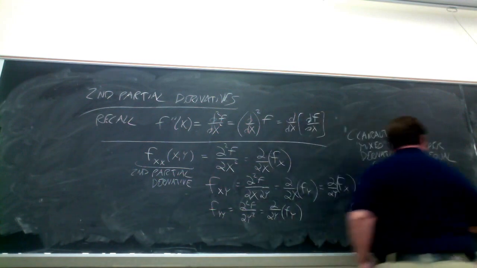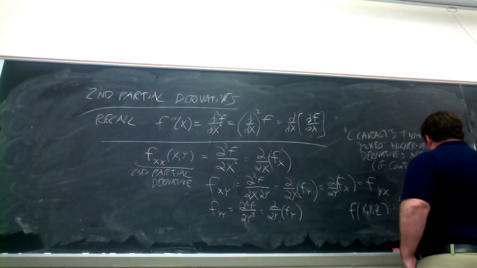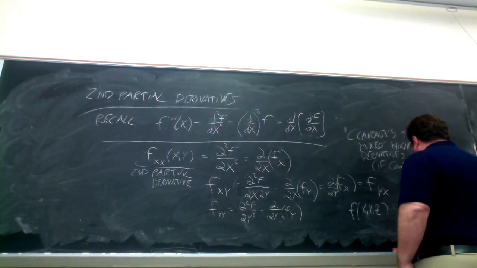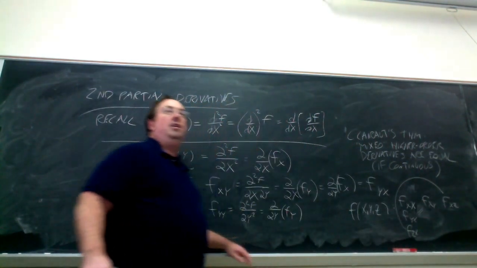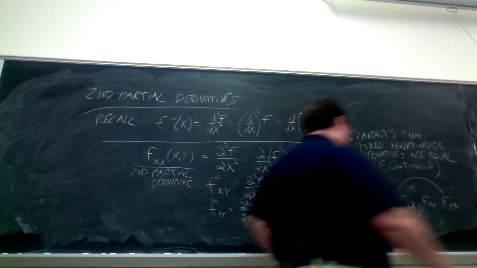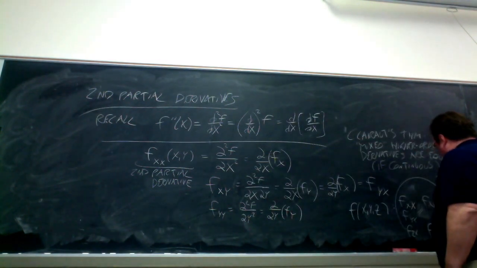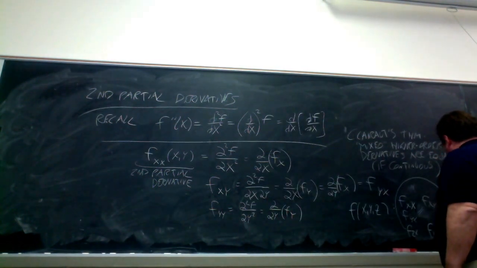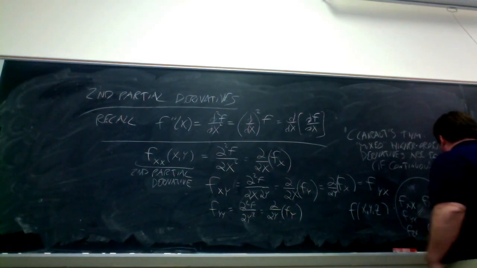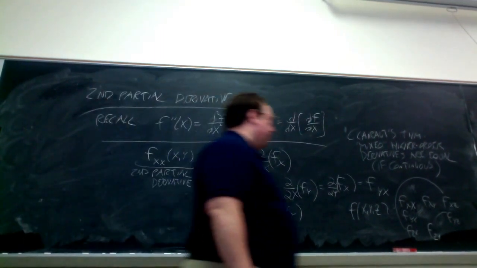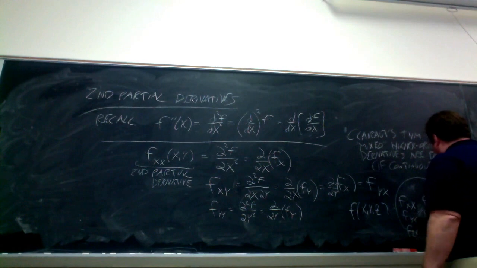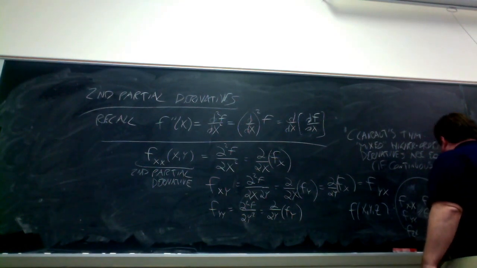Yeah, so I have fxz, and then fzx, so these two are equal. fyz, which is the same as fzy down here, so these two are equal. And what are the last two? fyy and fzz. Okay, so we have, strictly speaking, 9